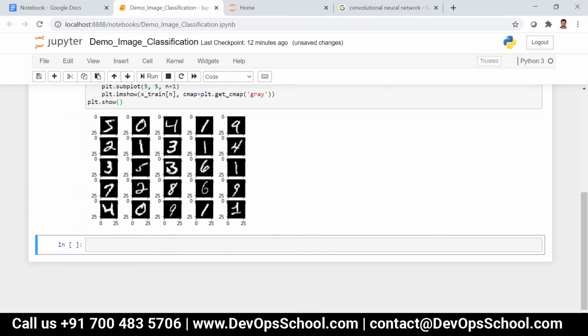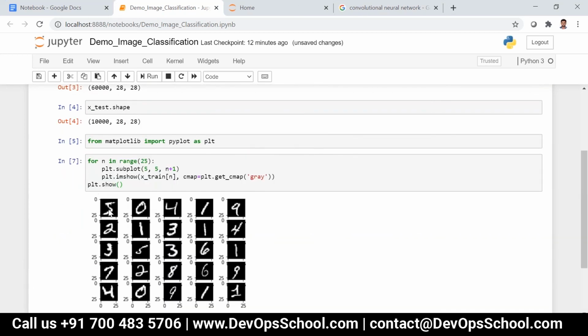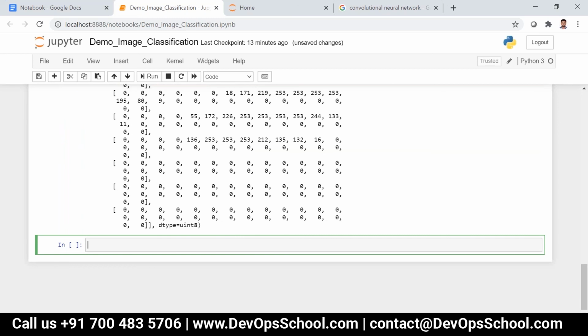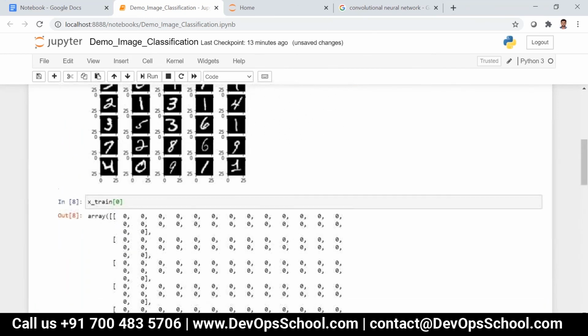These are the images actually. This is the first data, second data, third data, fourth data, fifth data, like that and so on. For example, if I say xtrain of 0, you will get a lot of things like this. This is one data basically. We will be having 28 rows and 28 columns.